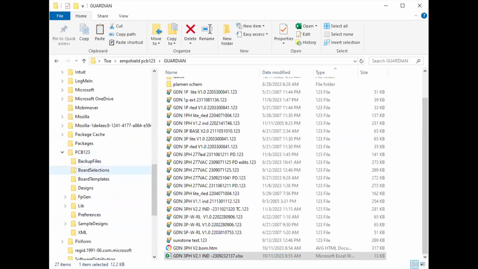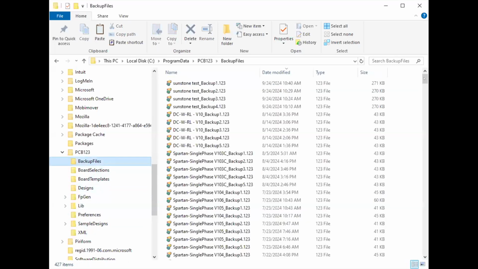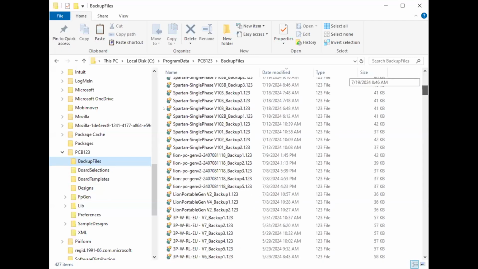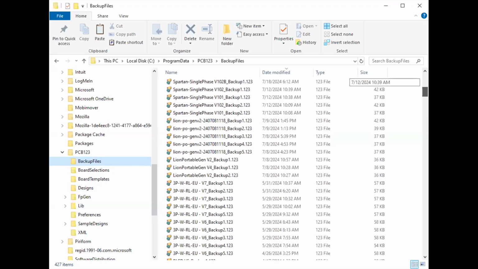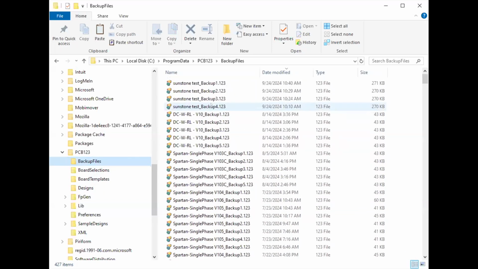PCB123 gives you all kinds of good stuff, but the best stuff that I've found is the library and the backup files. Backup files are created pretty much as you're working. This has saved 4 backup files for me working on this test design that I've got here. The last one was at